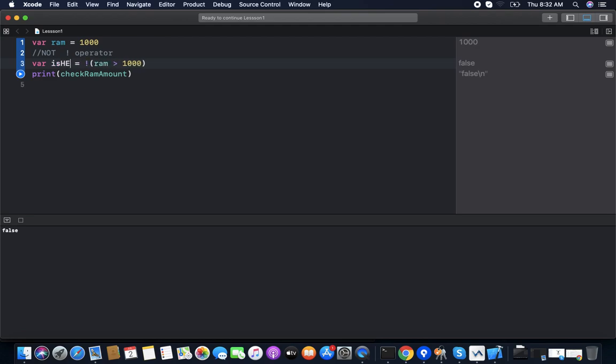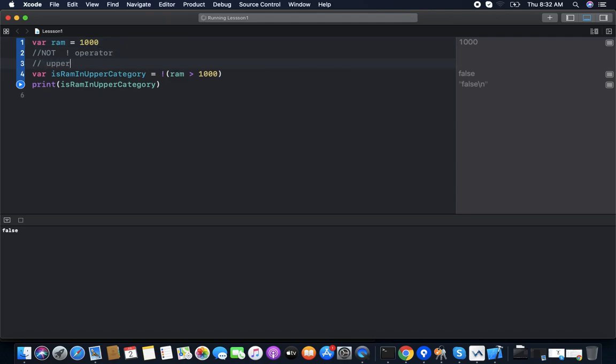Is Ram in the upper category? So we'll get the logic here.